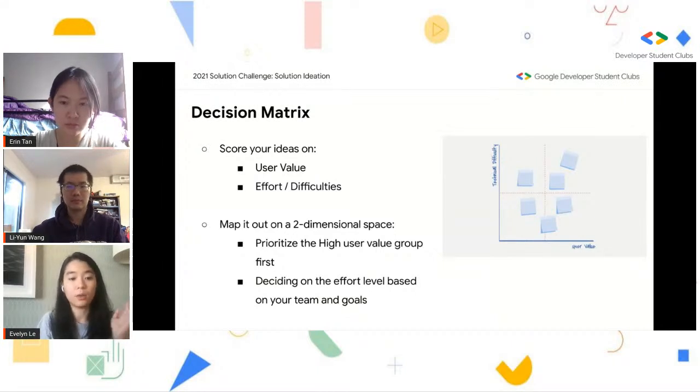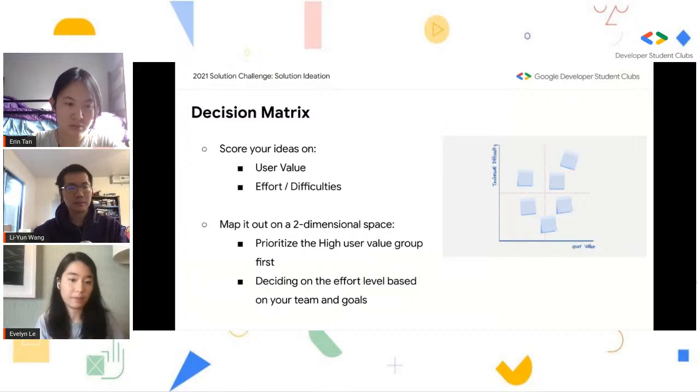So that is on the y-axis. Okay, and map out everything on a two-dimensional space. In the horizontal one is user values. The more users go more to the right, right? And on the vertical axis, it's going to be the level of difficulty, the level of effort you have to put in there. And once you've got all of your ideas in this two-dimensional plane, you want to start prioritizing